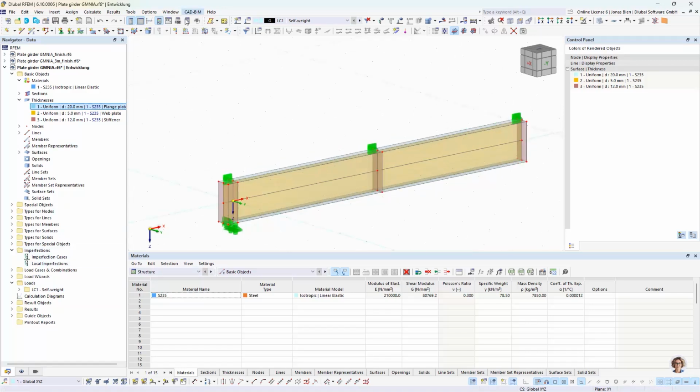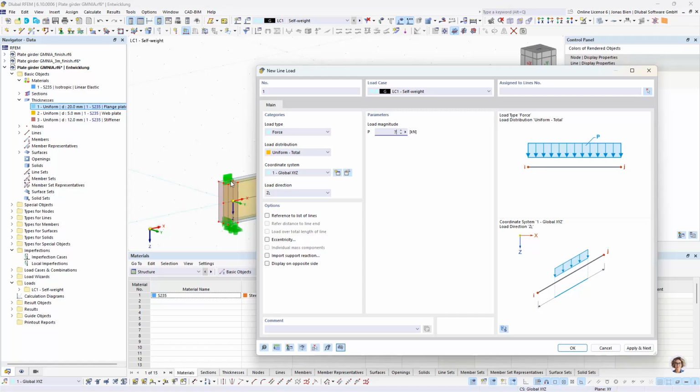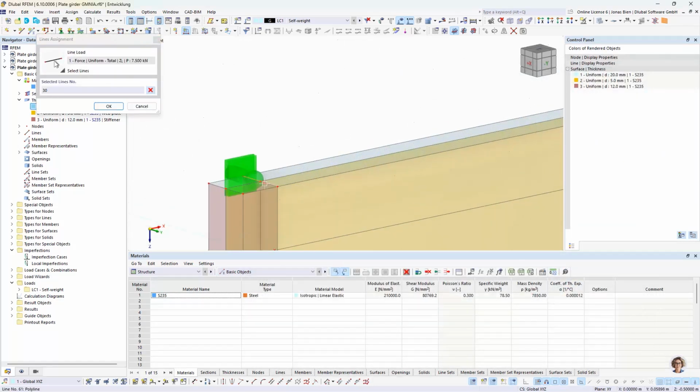So let's do that. I want to apply those loads as line loads, also again to avoid singularities when using nodal loads. And I could now start with calculating my equivalent line load for a concentrated load of, for example, 15 kilonewtons by hand. But I could also use load distribution type uniform total, where the program does this job for me. And I just have to enter the total load that I want to apply over the length of one line. And since I have 2 lines here, I need to divide my 15 kilonewtons by 2 to get the total load for one line. I want to apply this in Z direction,